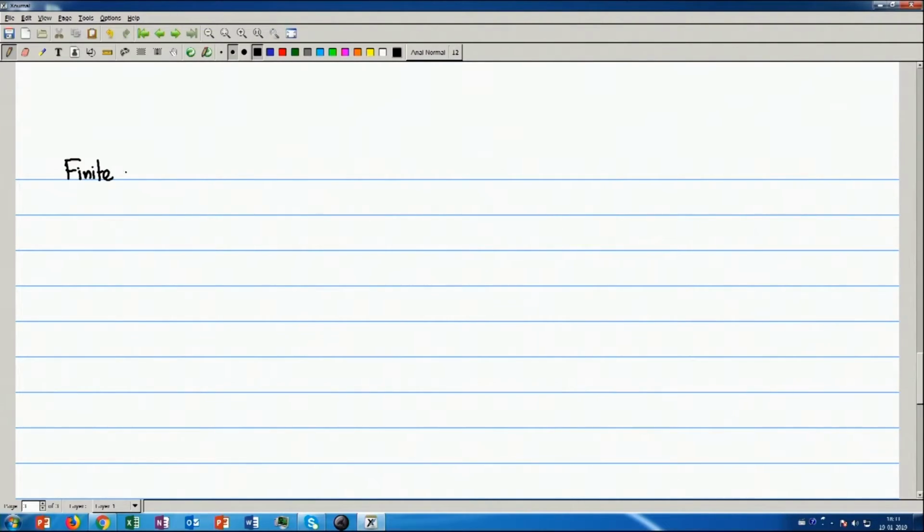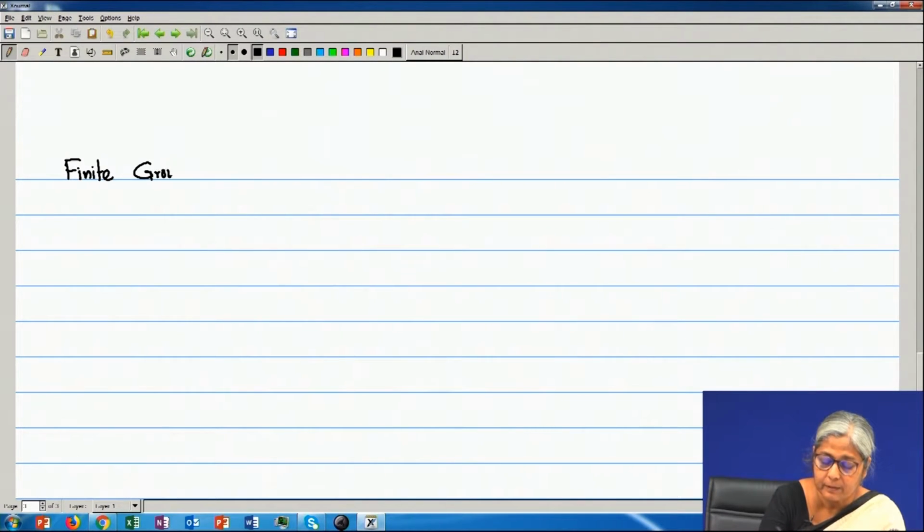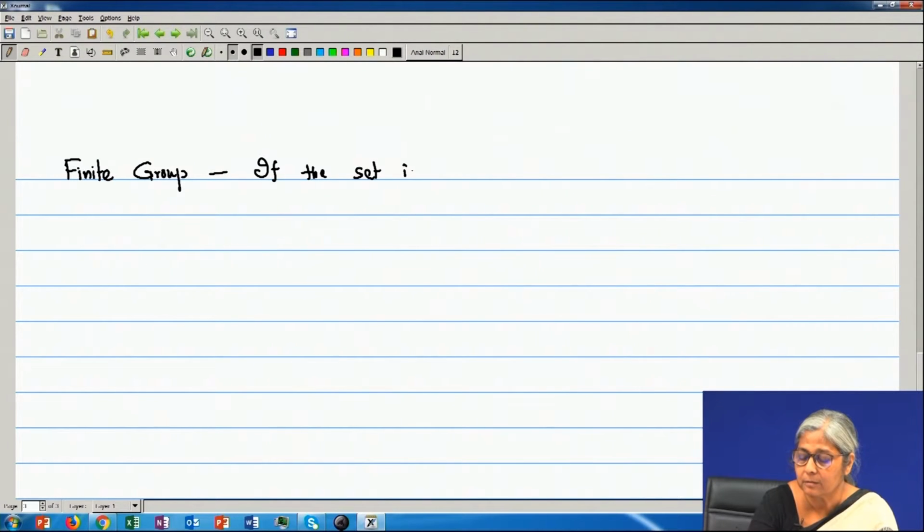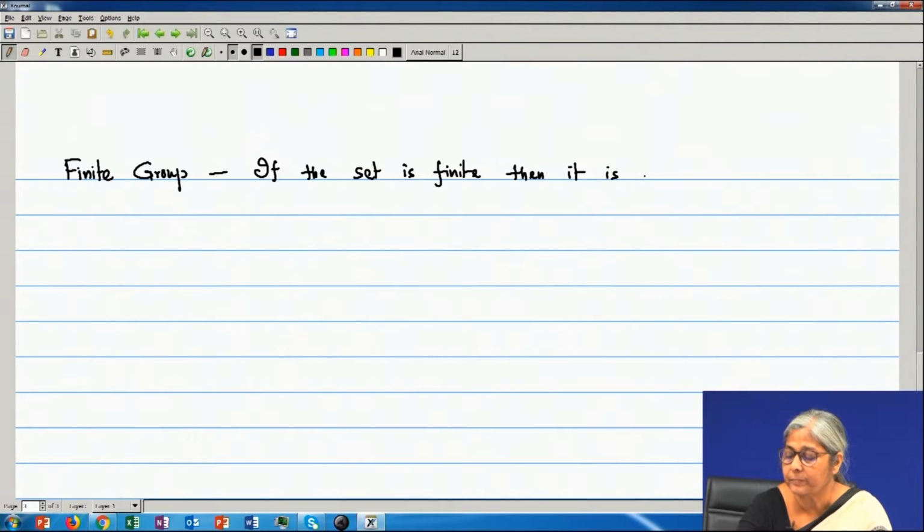Now, there are some other simple definitions of groups we always read. One is called the finite group, finite and infinite group. If the set is finite, then it is a finite group,